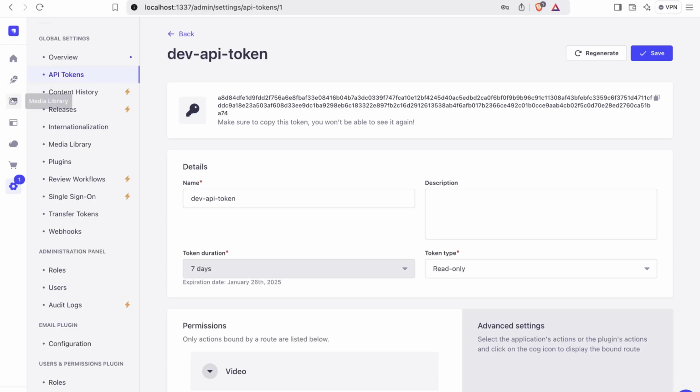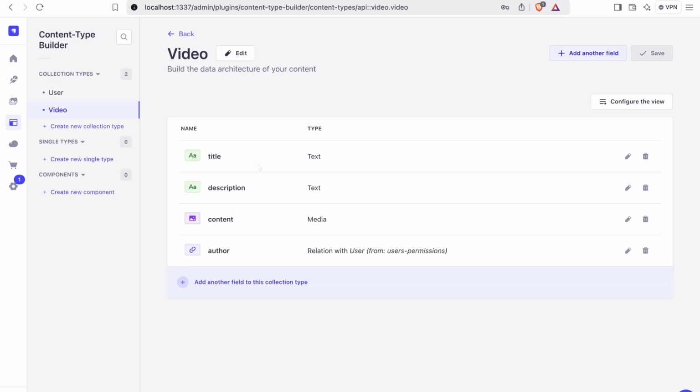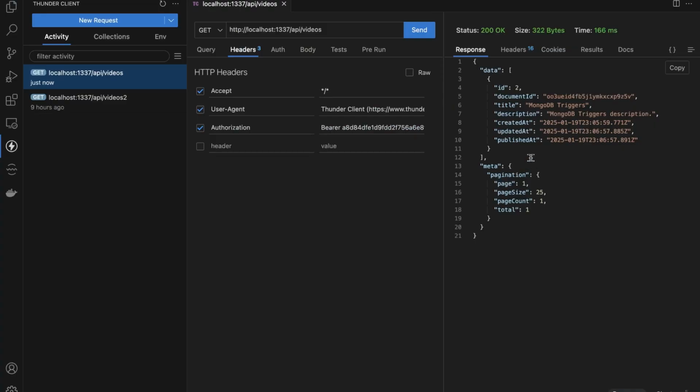Let's take a look at the content type. We have a title, a description, a content field, and an author field. And if you take a look here, we don't get either the author or the content. So the way to make the API return those fields is by using the populate parameter. So we need to set one parameter for each field. In this case, we need to pass two parameters. This would be populate, and we need to use an array notation here. So the first one will be the content,